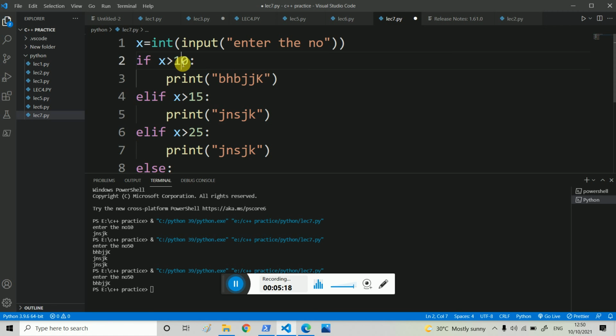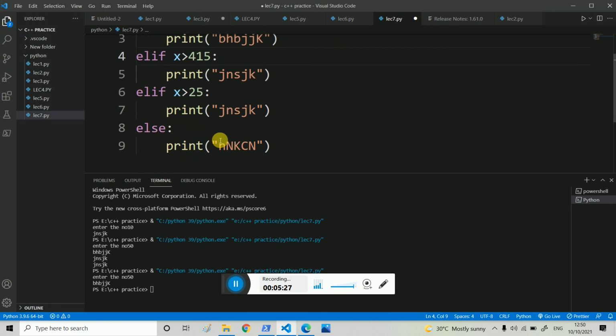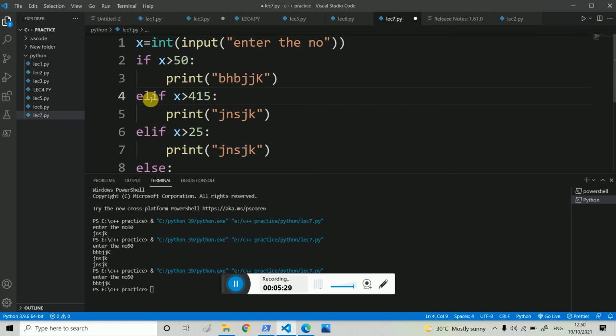Let's say I write here something, let's say 50. Here I write 415 and x is greater than 25. Let's say I run it, and here I write, let's say, 30, and enter.